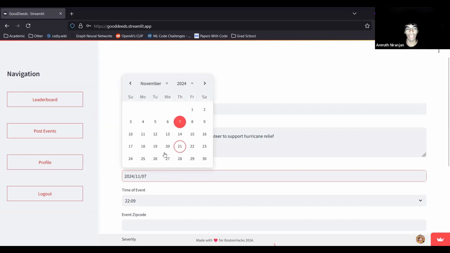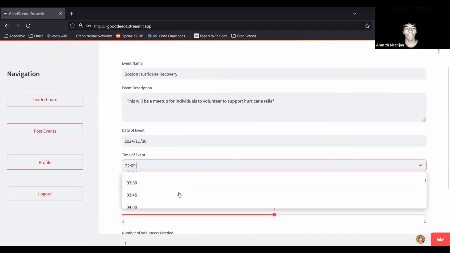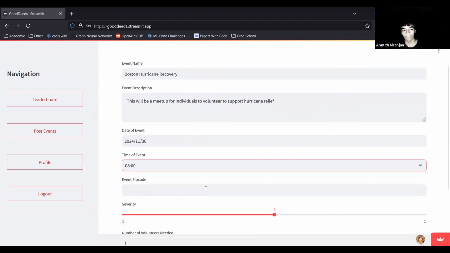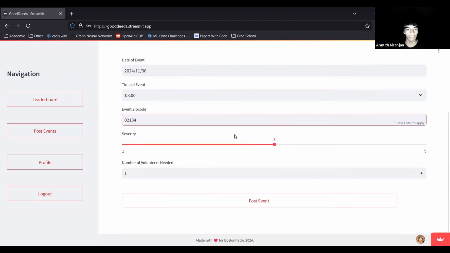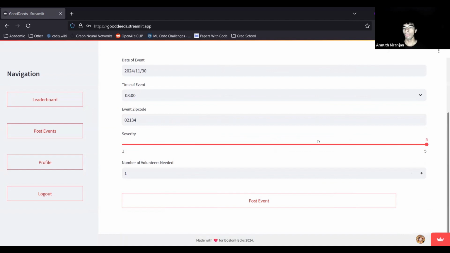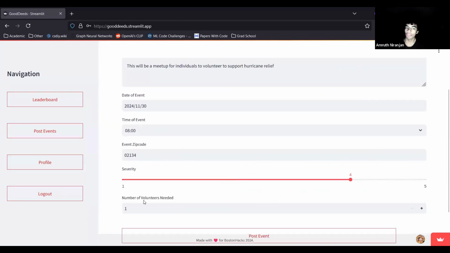And let's imagine that this is going to happen. Hopefully, it doesn't happen. But let's just say this is November 30th. Say something like 8 in the morning. We're going to meet, and this is back to our Boston zip code. And we'll say something like a severity ranking of 1 to 5. We can change this however we like, but in this case, if it's a hurricane relief, let's just say this is 4, right? Because in theory, we would need